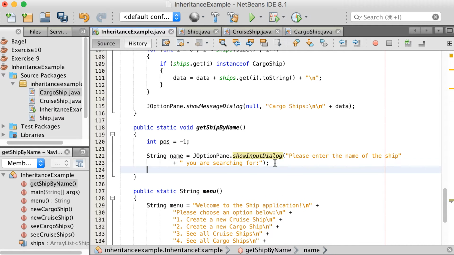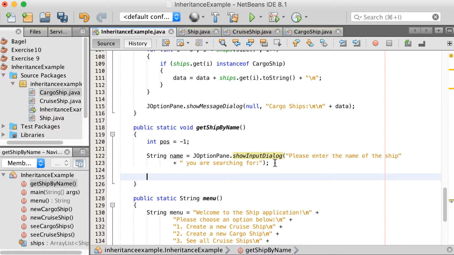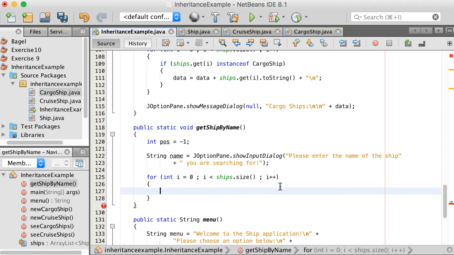So then the user types the name of the ship, and then we can go and test. Running through the for loop again, integer i equals 0, i less than ships, it's called ships, was the array list dot size. So we're running through every element in the array list, every ship in the array list, searching for this ship with this specific name. So then we're going to test if